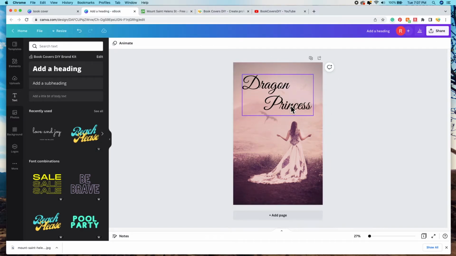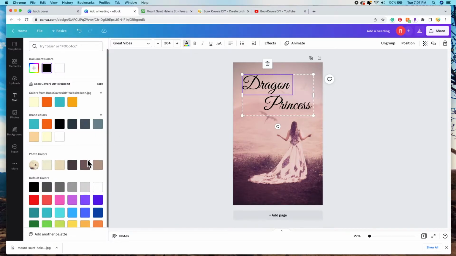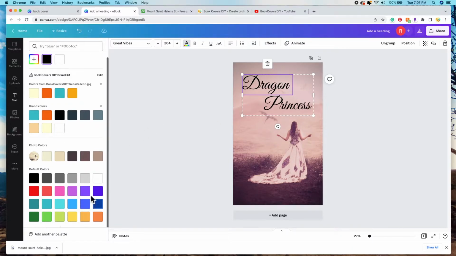Oh, and by the way, if you want to change the color of your font, click on your text box, and then you can come up here to this little A with a rainbow bar beneath it. Click on text color, and then you can change your font colors. If you scroll down, you can see all these different default colors. And right above that, it says photo colors, and it has our original photo here. And you can see this is before we added that sort of rose colored filter. But our original photo had these cream colors and browns. If you ever want to match your font to a color in your photo, you can just come here and